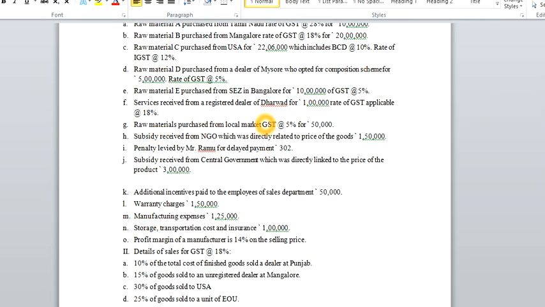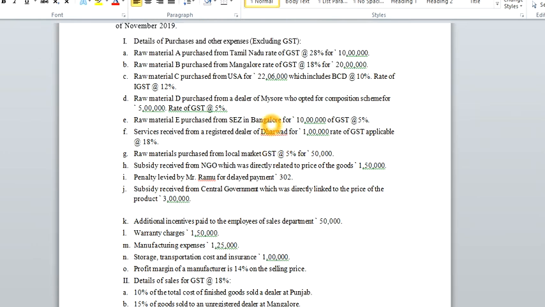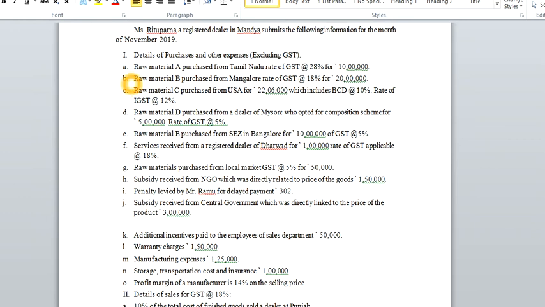Raw materials purchased from local market means Karnataka, GST at 5% for rupees 50,000. Once again you have to consider this 50,000 and remember it is already given Roman number 1 ಅಂತ ಕೊಟ್ಟಿದ್ದಾರೆ. ಅದರ ಅಂಡರಲ್ಲಿ ಇವೆಲ್ಲ ಟ್ರಾನ್ಸಾಕ್ಷನ್ಸ್ ಬರ್ತಾ ಇರೋದು. Under Roman number 1 all these transactions are appearing. So it means that ಈ ಯಾವುದೇ ಟ್ರಾನ್ಸಾಕ್ಷನ್ ಅಲ್ಲಿ GST include ಆಗಿಲ್ಲ, GST has been excluded. Next,